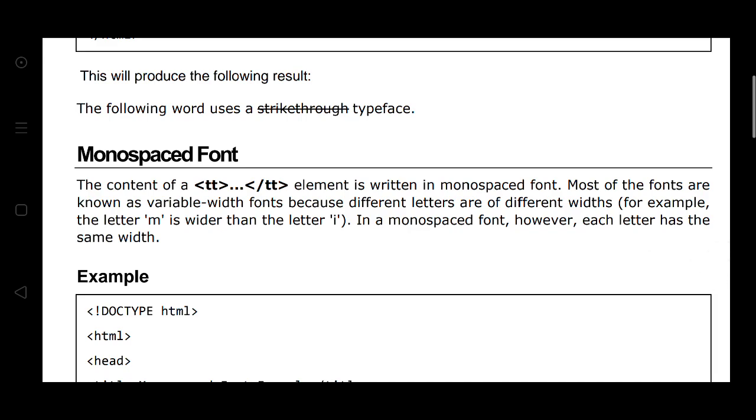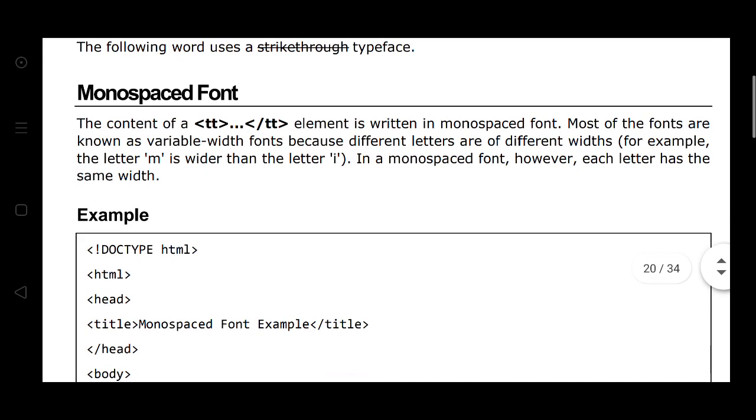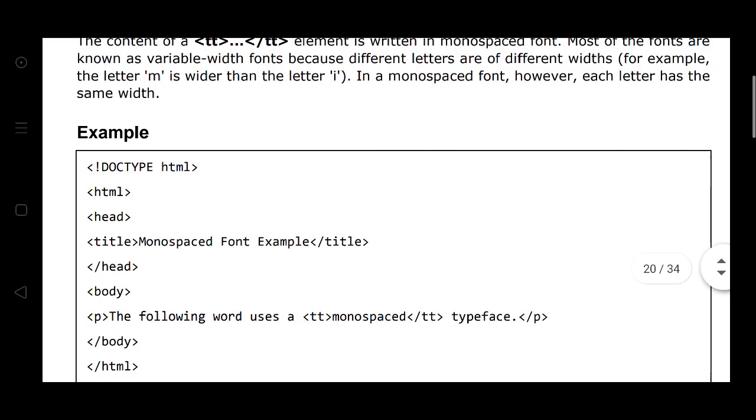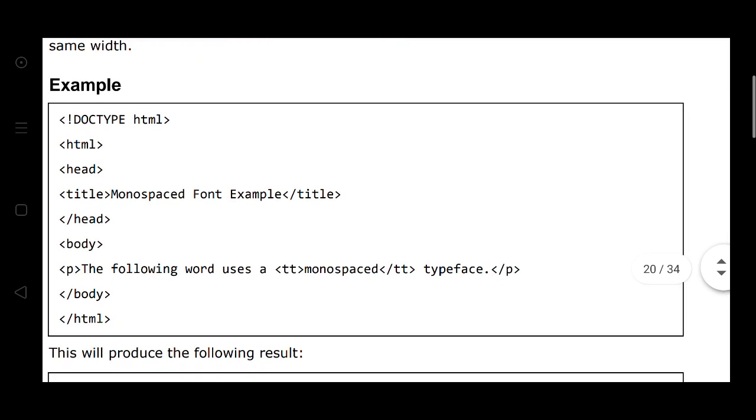For example, the letter M is wider than the letter I. In the monospaced font, however, each letter has the same width. Here is the monospaced font, and the title of the program.